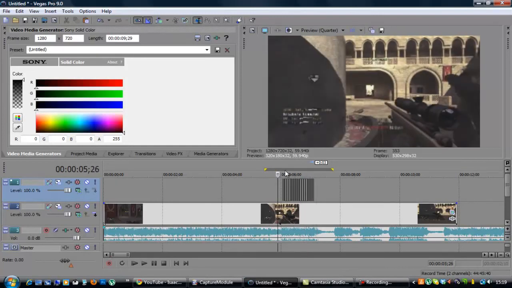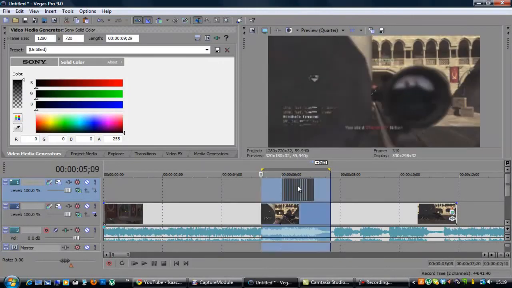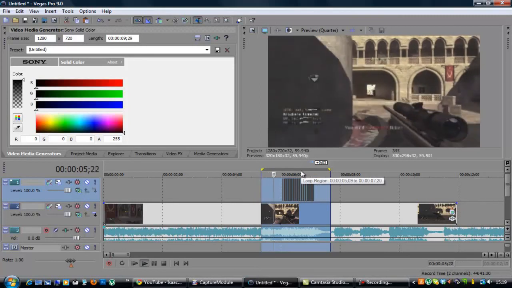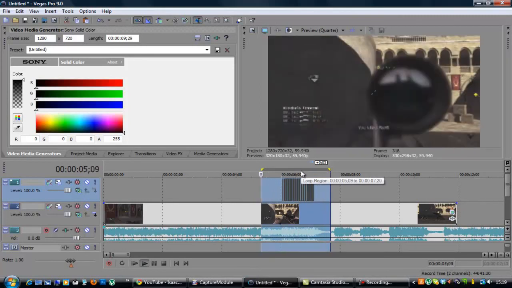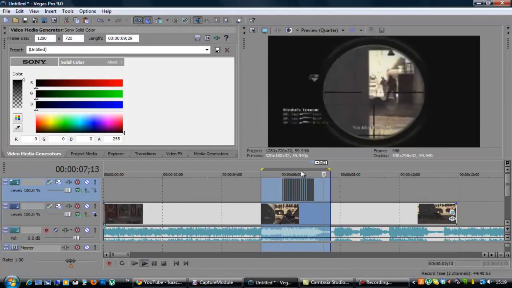This is the render loop region up here, and now all we need to do is hold shift and press B, make sure that's over the top, and this should just go through, and then at the end it will come up with the blue box and you press enter. So before you do that, you want to make sure this part's over what bit you want to render. Press enter, and it should play through flawlessly. And that's what we've got so far. So if I play it again, and again,